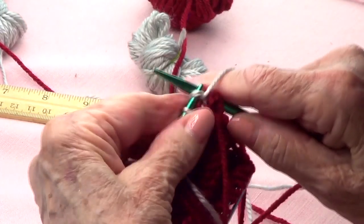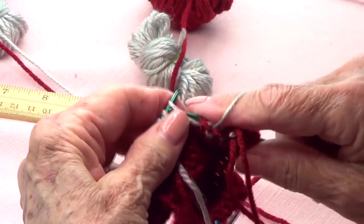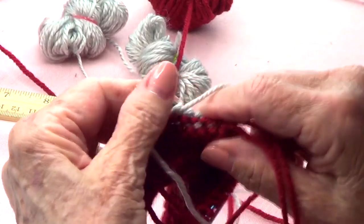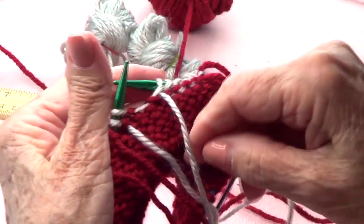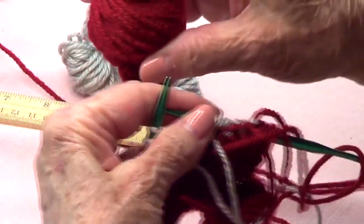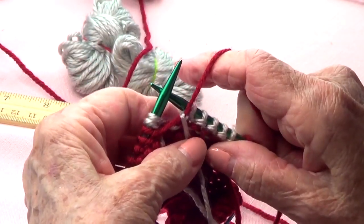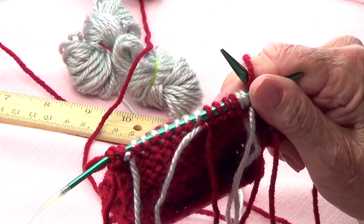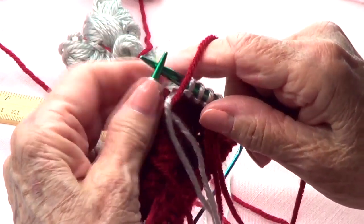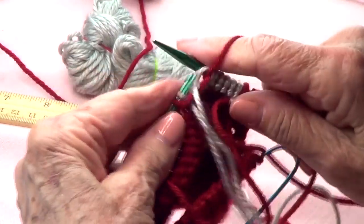1, 2, 3, 4, 5, and then I leave that one there, and I am picking up the red next to it, and bring it from under the gray, and then I need to make 8 reds. So it is going to go under the gray, and I have 1,